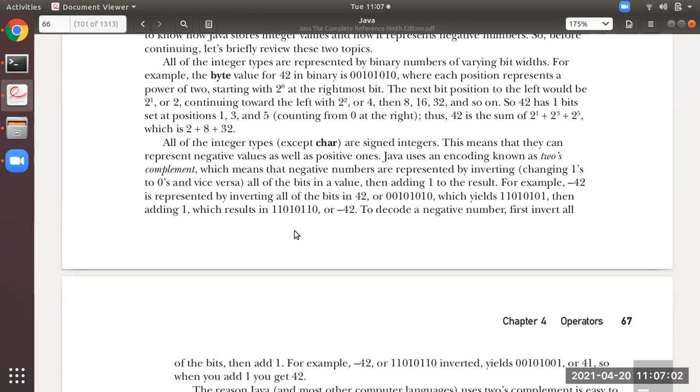What do you mean by 1's complement and 2's complement is, suppose this is 42 and its binary number is this. First, 1's complement will be done. That is nothing but converting zeros to ones, ones to zeros. So this is 1's complement. After this is done, then 1 will be added to it. Okay. So that is this, whatever the result is. So this binary number is representing the minus 42. Okay. I hope you all have understood this.